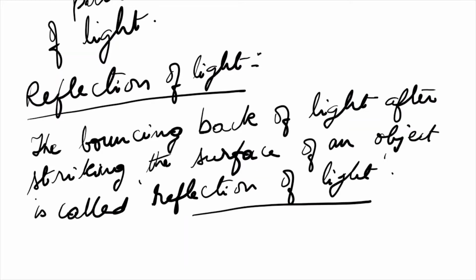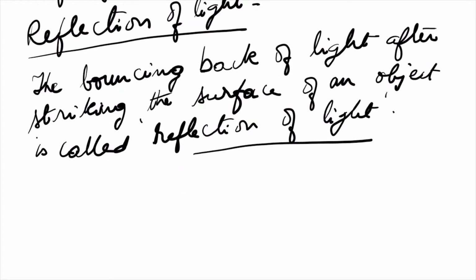Now this reflection of light takes place maximum when light strikes a smooth shiny surface, like for example a mirror. A mirror reflects maximum light that falls on it. A plain mirror reflects maximum light that falls on it. A part of it no doubt is absorbed by it always, but maximum light is reflected back, that is, maximum light bounces back. Okay, so now we will learn certain terms related to reflection.